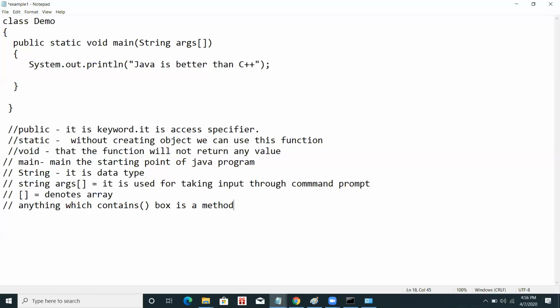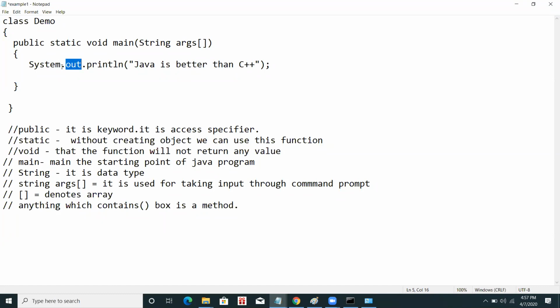Now a method is stored in some class. The println is also a method of some class, and it can only be accessed by the object of that class in which the println method is defined. So what is out? Out is an object of that class in which the println method has been defined.